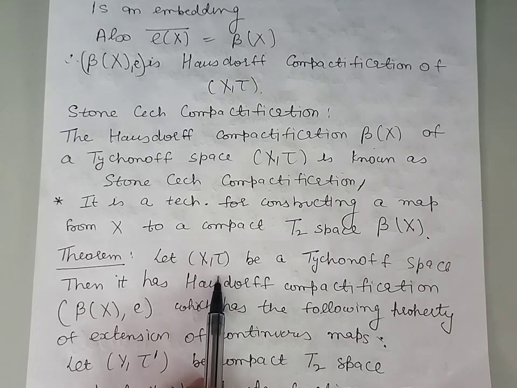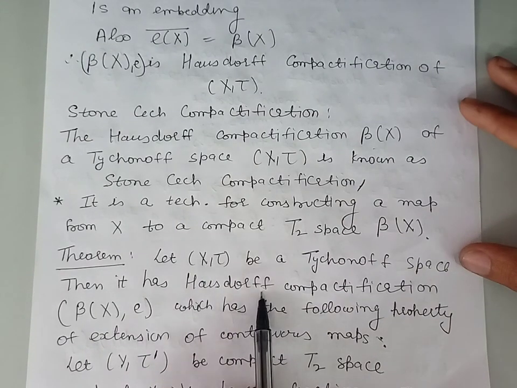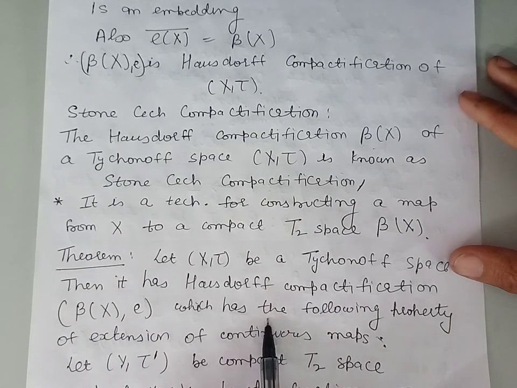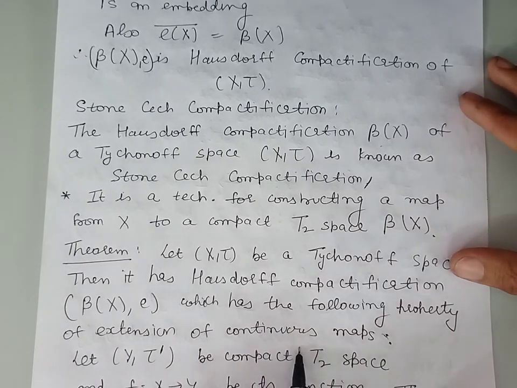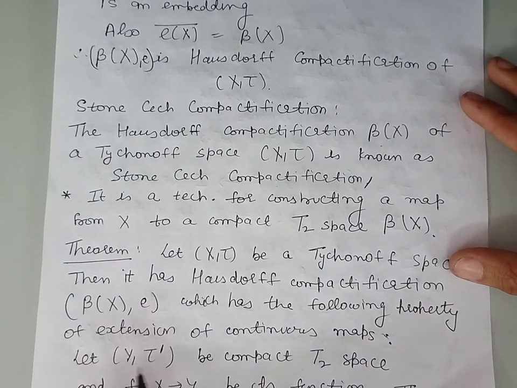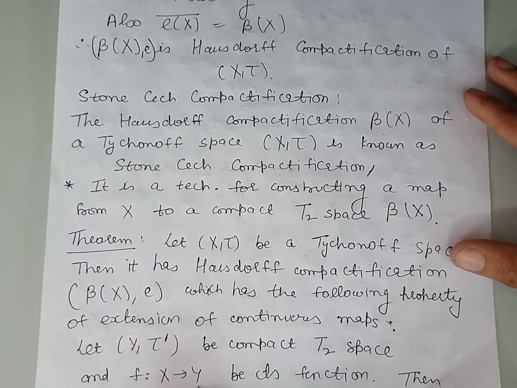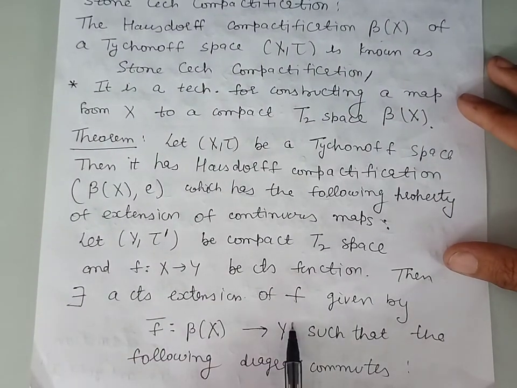Let (X, τ) be a Tikhonov space. Then we prove that this Tikhonov space has a Hausdorff compactification denoted by βX, which has the following property of extension of continuous maps. If we have Y with the topology τ', a compact T2 space, and f from X into Y is a continuous function, then there exists a continuous extension of the function f